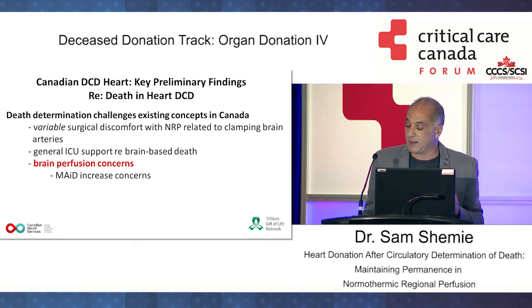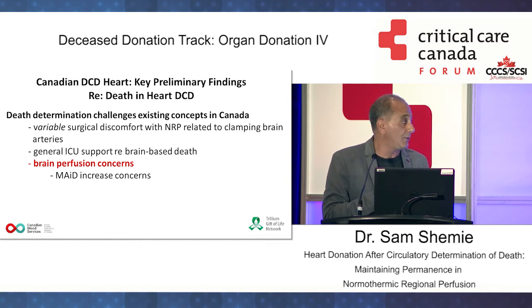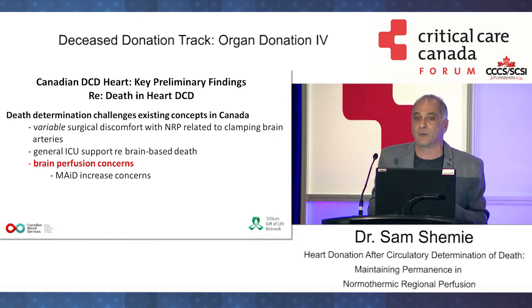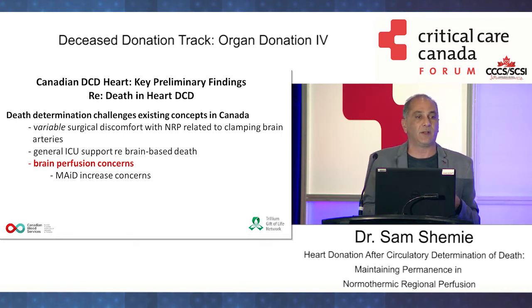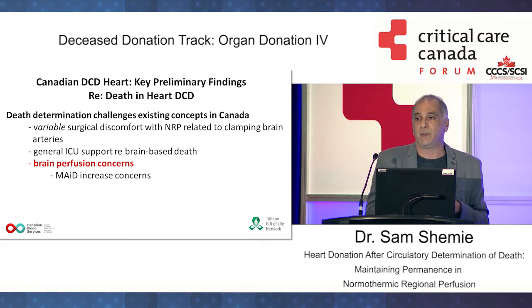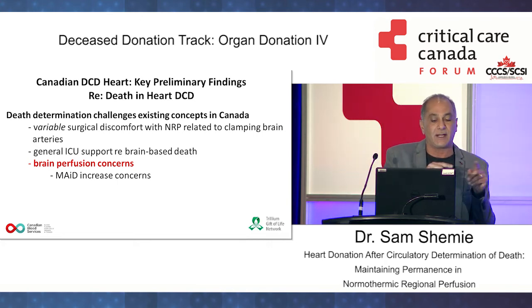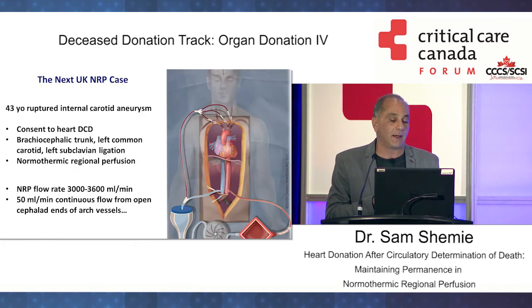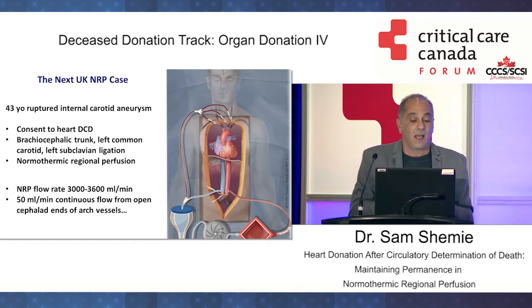So when Stephen Large and Dale Gardner went back, we urged them to clarify that there was no brain perfusion, because there are anatomic abnormalities of the aortic arch and vessels. There might be an aberrant subclavian that you can miss, other things. So they went back, and their next case was a 43-year-old with a vascular brain injury, consent to heart DCD,